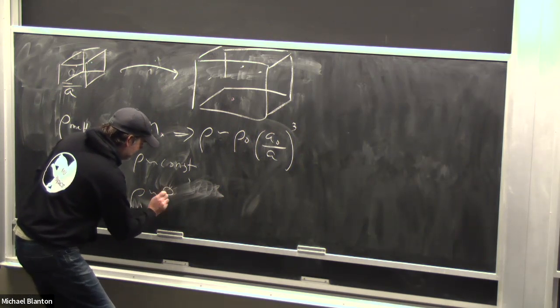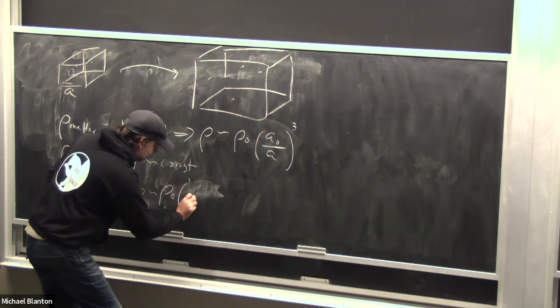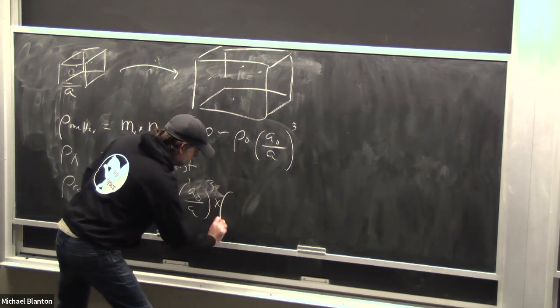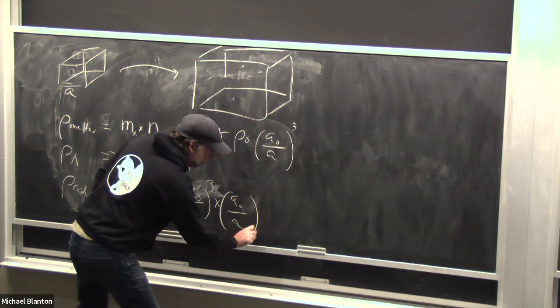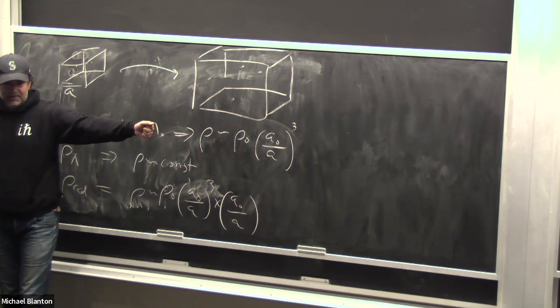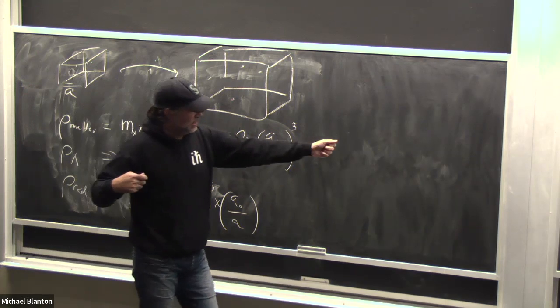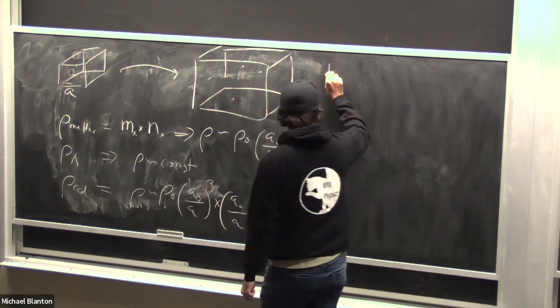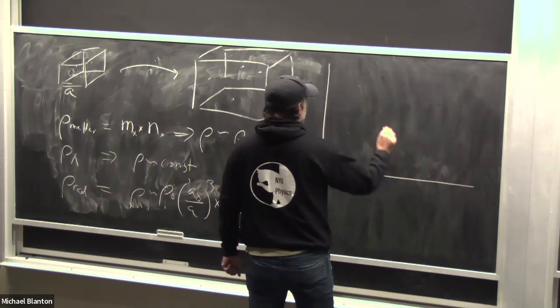is what you started with times (A naught over A) cubed for the volume, and then times A naught over A for the fact that you're also stretching out the wavelength of the photon. So energy density in radiation dilutes faster than energy density in matter,